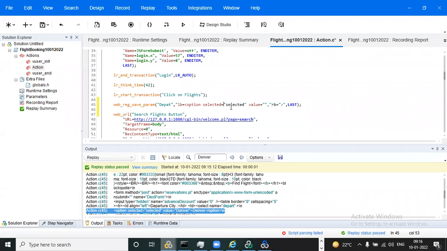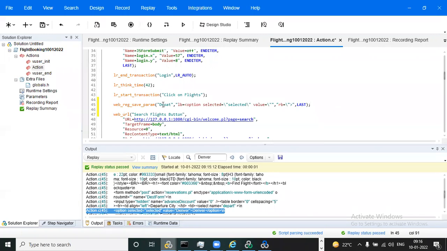LoadRunner does not understand this double colon, so we need to give a backslash before it. And here also one more is there, you need to give that also, and here also after value equals, one more is there, you can give it. And this is the LB completed, then we move to the RB, and here also a double colon will be there, we need to give it. Once everything is finished, what is the next step?